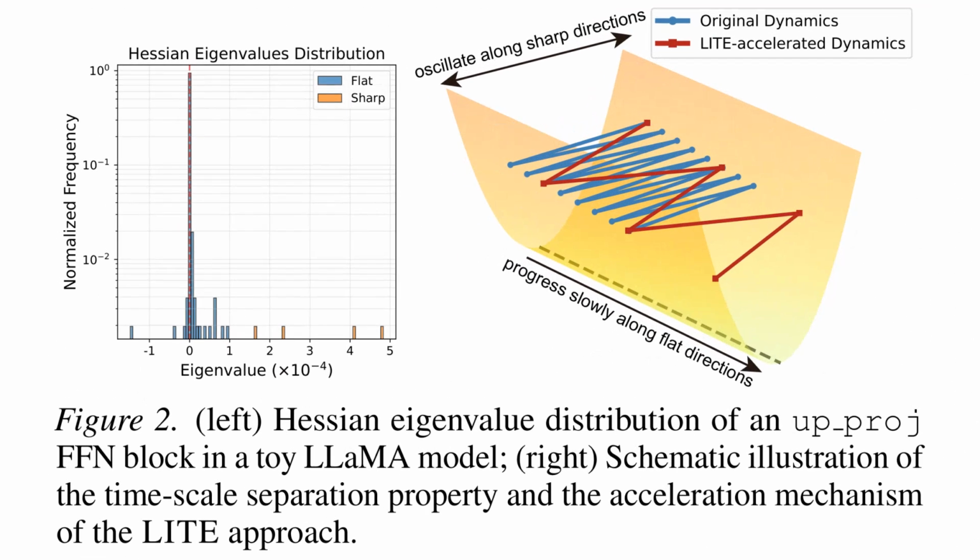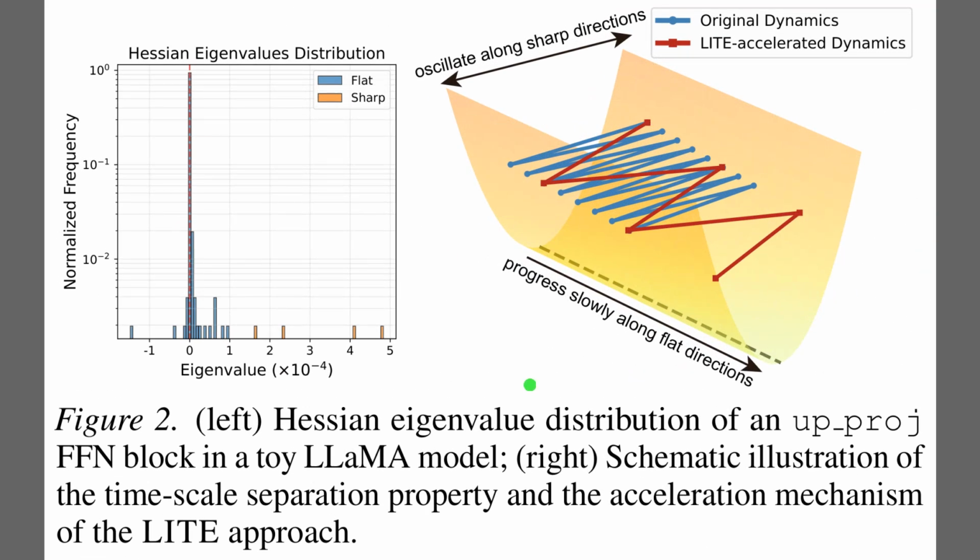Alright, Figure 1 showed the results, and now Figure 2 explains the underlying geometry that makes them possible. The histogram on the left reveals that the landscape is dominated by flat directions with near zero eigenvalues, while sharp directions are actually quite rare. The schematic on the right translates this into a narrow valley structure. You can see standard optimization, in blue, wasting time oscillating between the sharp walls. In contrast, the red line shows how the LITE method drives progress along the flat valley floor, effectively speeding up